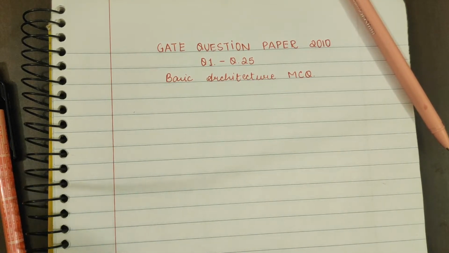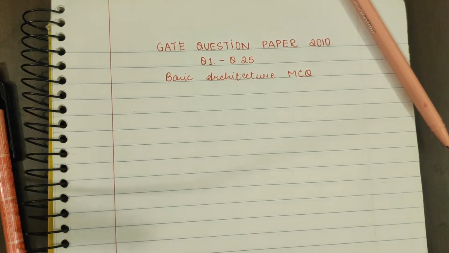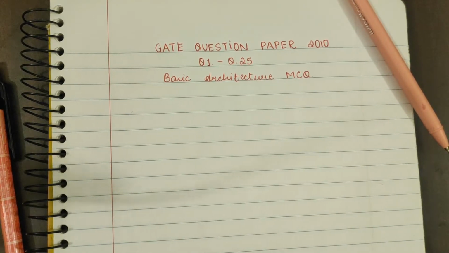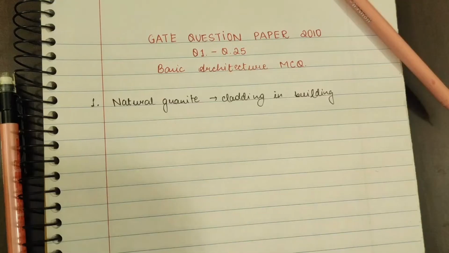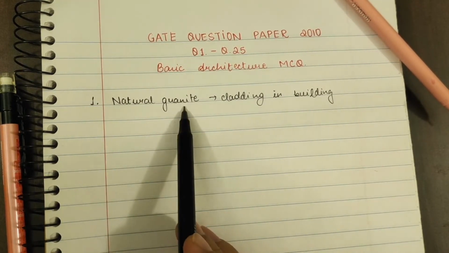And what I really want you people to do is open the question paper or just take a printout. If you have a PDF, a soft copy, basically just take a printout and solve it with me, because when you see the video and make notes accordingly at the same time, it will really help you because you're understanding at the same time. And then you can just pause the video. If you want to get more clarity, you can go and search on the internet if you want to search up for something. So we'll just start with the first question, which is natural granite, which is used for cladding